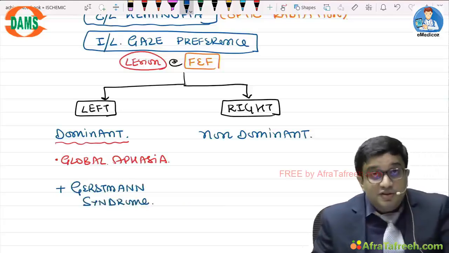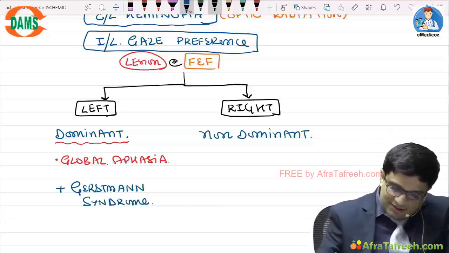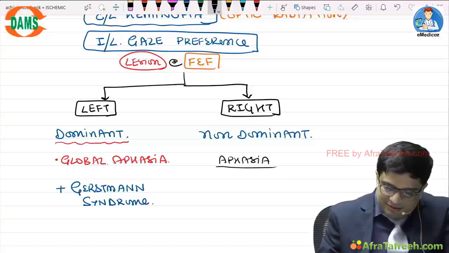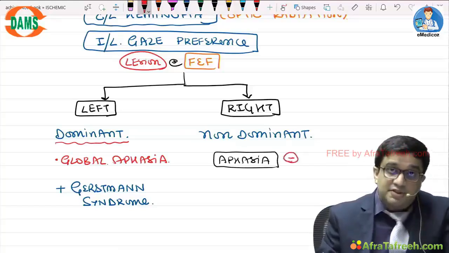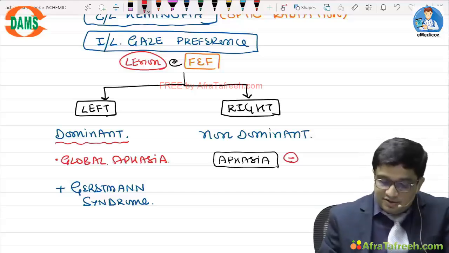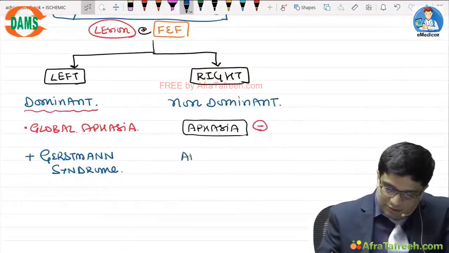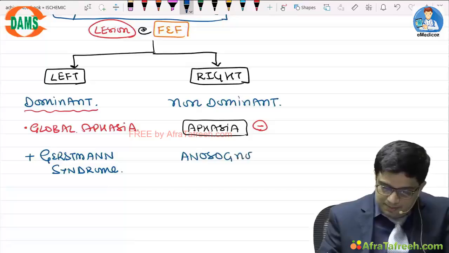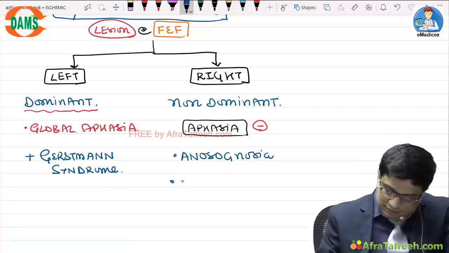Now if the lesion is on the right side, do you think aphasia is going to happen? So I can write like this. One thing is very clear: aphasia will be totally missing in such people if the lesion is in the right MCA. But what else? If the right angular gyrus is involved, we have seen this, a lot of things will occur. Anosognosia. The patient denies, and will have apraxia